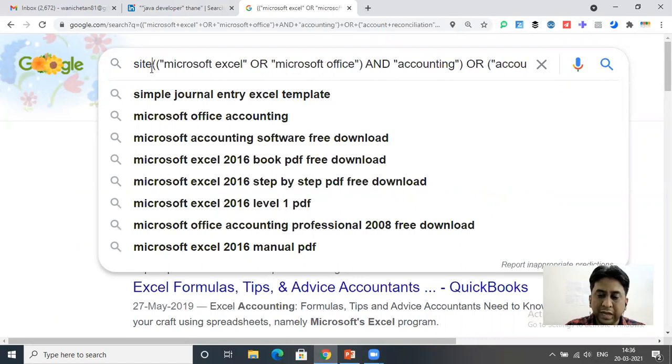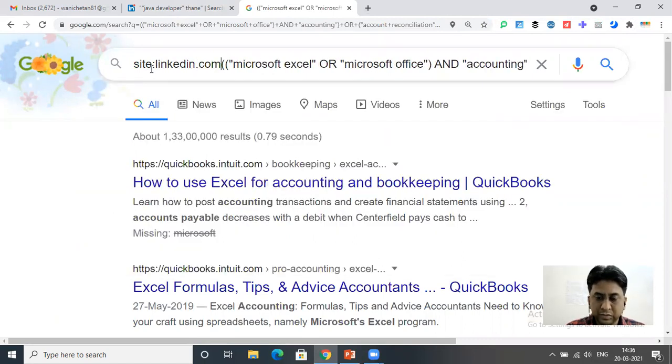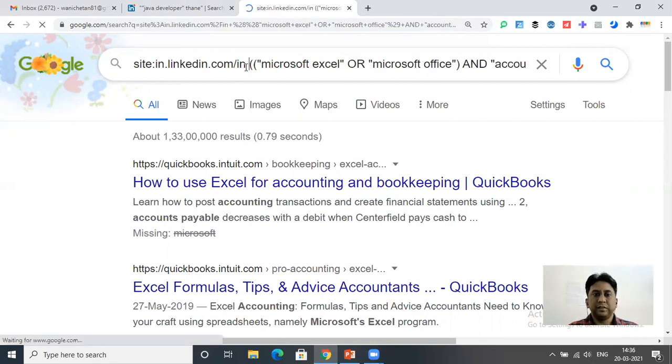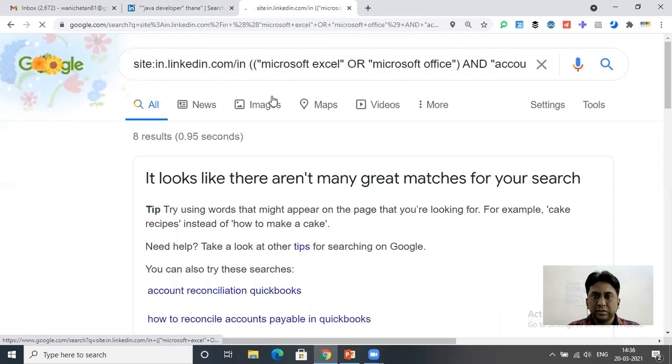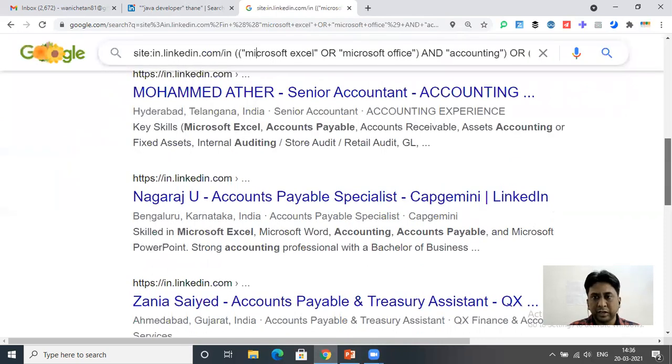So you have to just add site colon linkedin.com/in, whereas you want profiles from India. So India, IN, enter. Now there are so many strings here. So we got just 8 results for accounts.